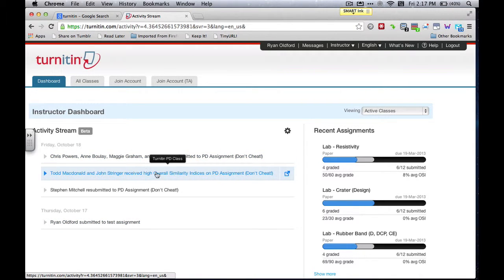Very good. And Todd and John are dirty, dirty cheaters. Well, let me refresh it. I think it doesn't necessarily show everybody who's a cheater. It just gives you an indication that you should probably look at these first. And I think once you've graded them, it will then show you other people who have cheated. Yeah, and also when you look at the individual assignments.